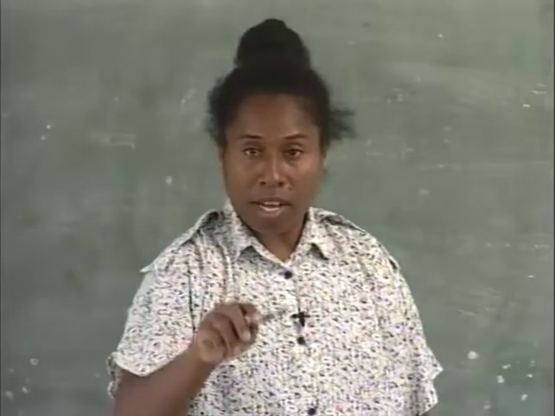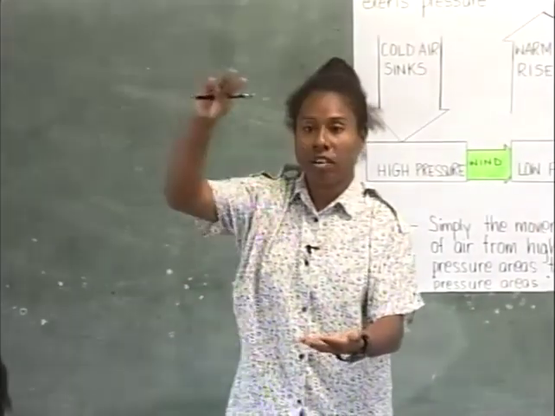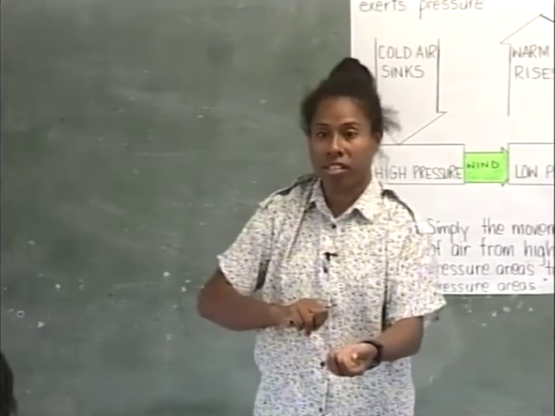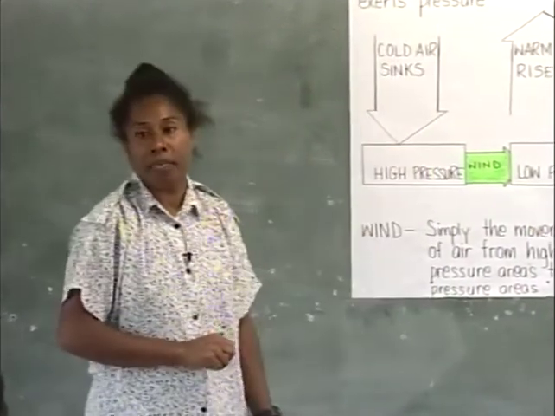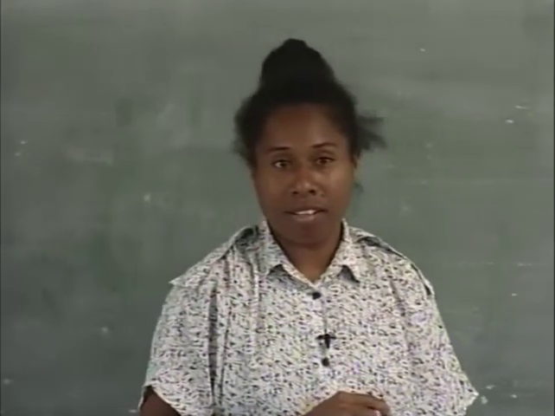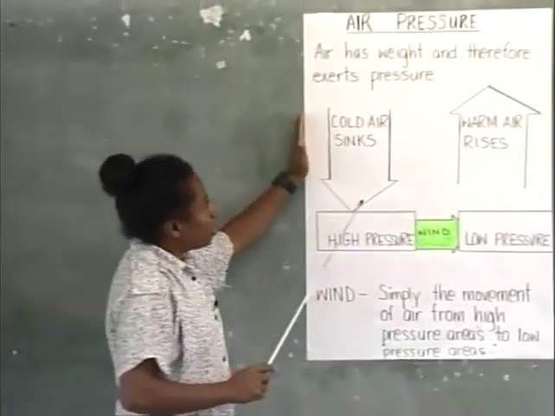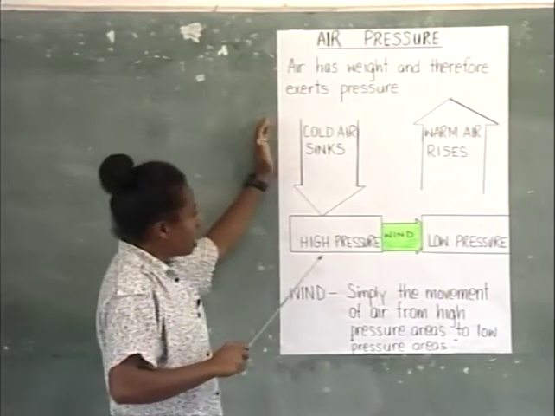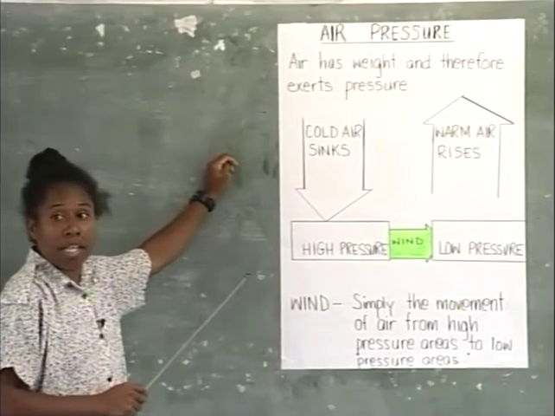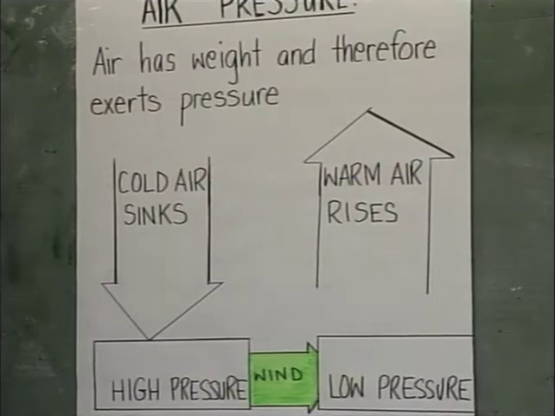Why? The column of air or the area at lower altitude will have to withstand the weight of the air above it. But as we go higher and higher, the weight reduces. Therefore, pressure as we get higher up decreases. Do we understand that point? Yes? Okay, perhaps let's look at the chart here. This chart will also give us some of the important facts that we need to remember, so it helps us also understand high pressure and low pressure.